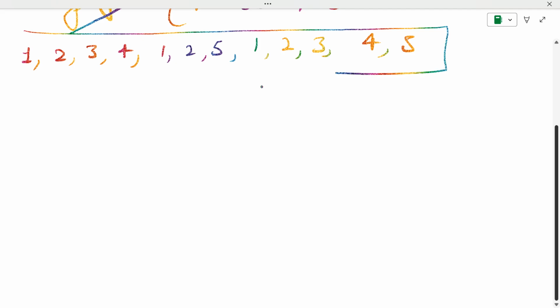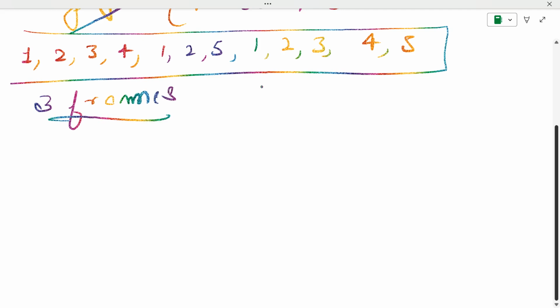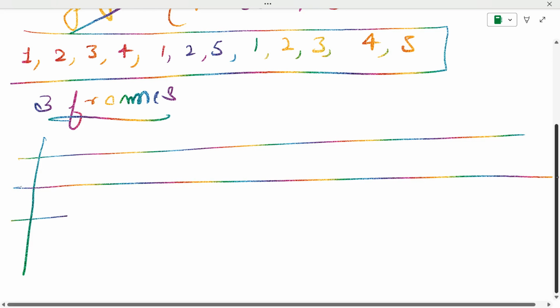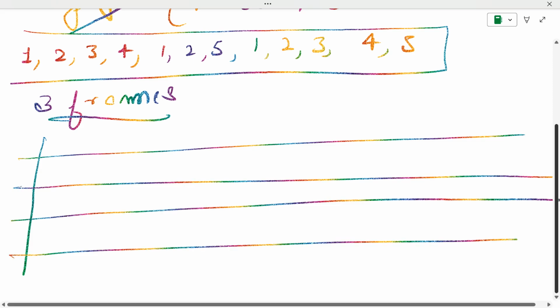So let's see an example of how this algorithm is implemented. Let's say we have a reference string like 1 2 3 4, then 1 2 5, then 1 2 3 and 4 5. So this is the basic small reference string, and let's say we have a system with three frames in the main memory. So initially all these frames are empty, and with the help of the reference string we are bringing the pages into